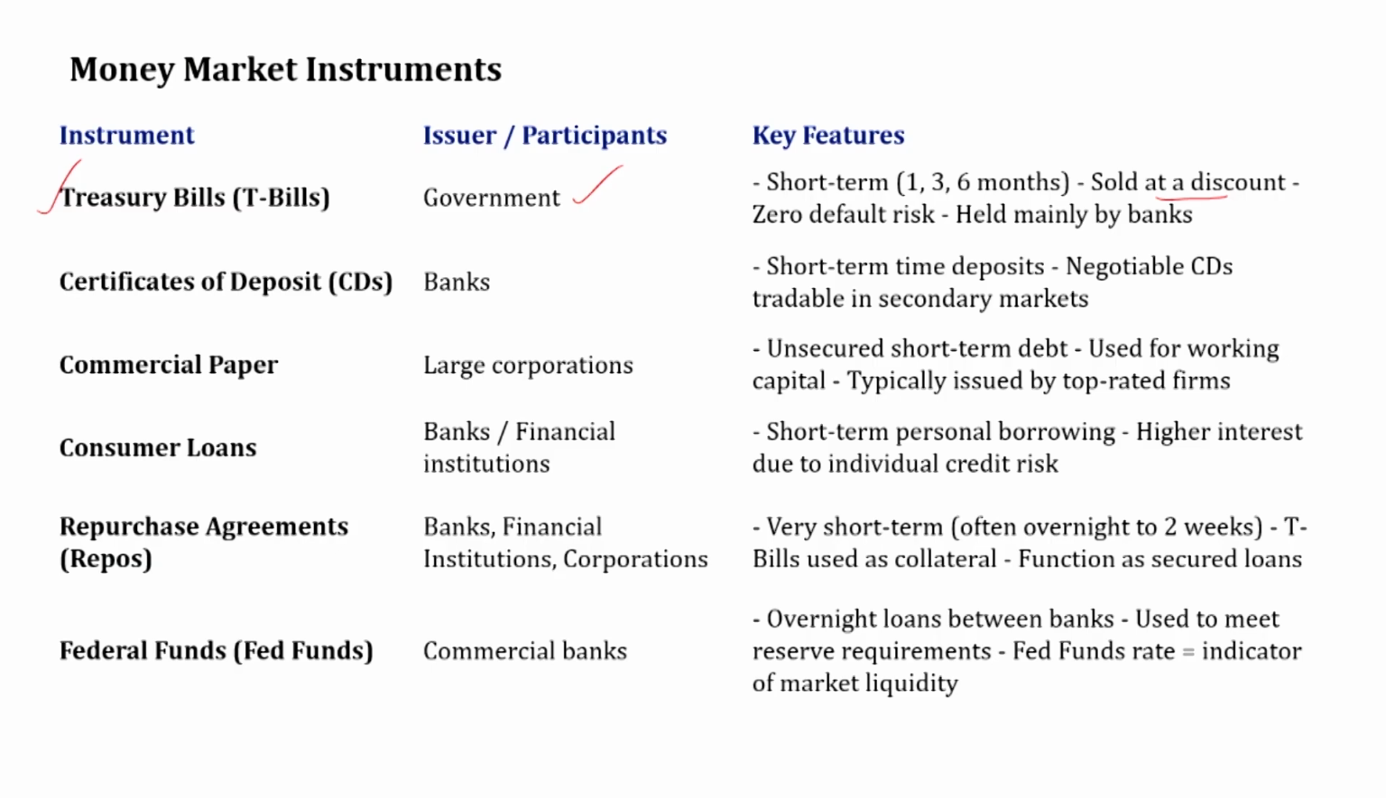Then the second money market instrument is called certificates of deposit, shortly we call them CDs. These are mainly issued by banks. CDs are short-term time deposits with fixed